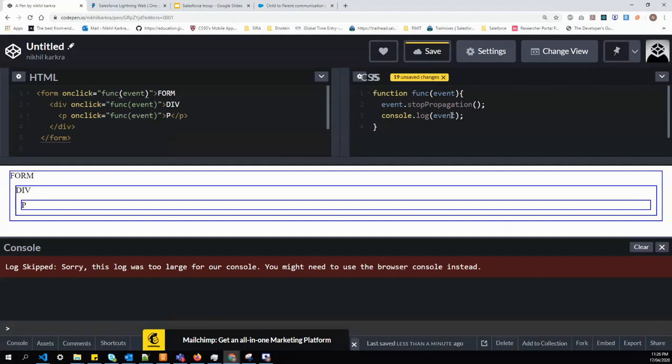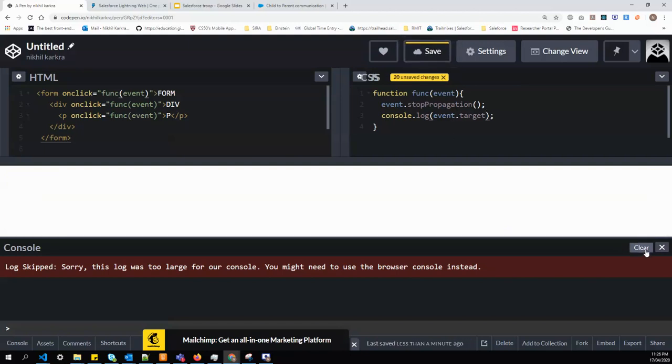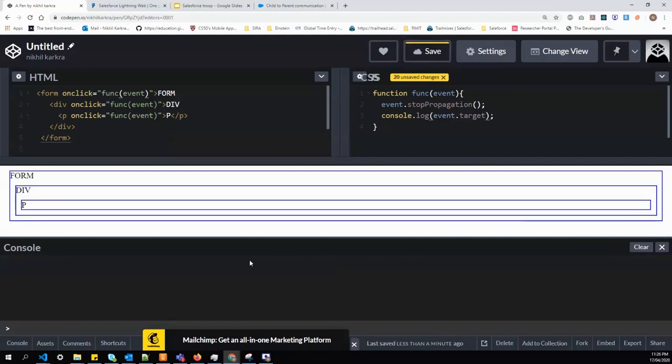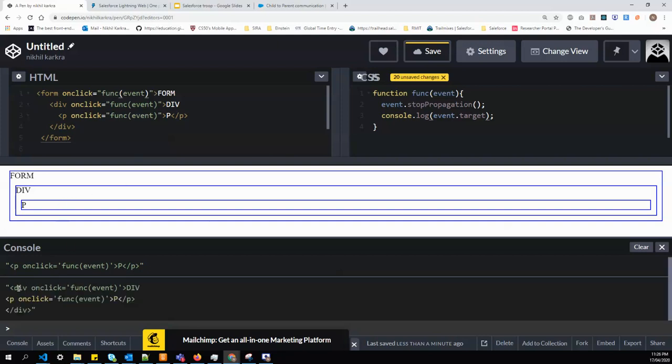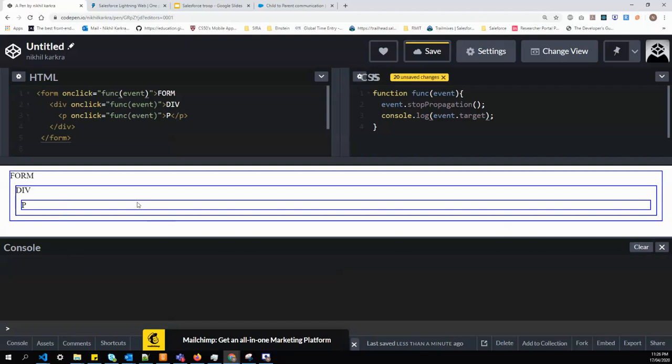okay, we'll type dot target because it's a very big object. That's why this console will not be able to print it. So now if I click P, you can see the P tag only coming. Now if I click div, it will give me the div target. So it's not propagating.